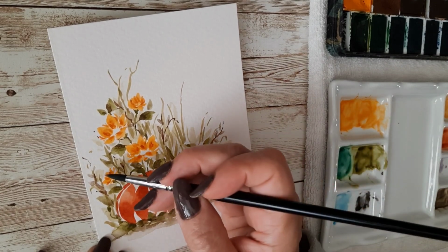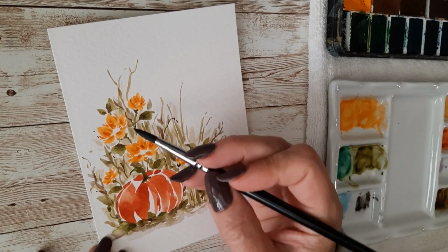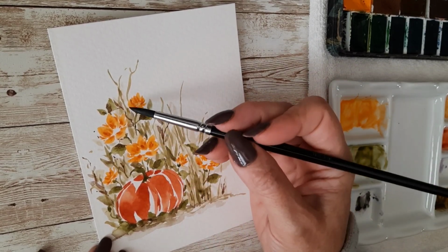I'm loving that. I'm going to add some more burnt sienna down here where I have browns, and add a little green in there. Kind of a dark olive. I'm just going to go back here and add some more, pretty much some more,